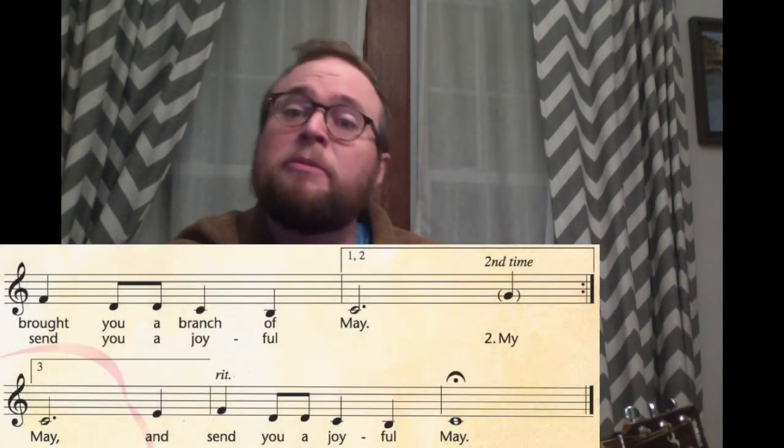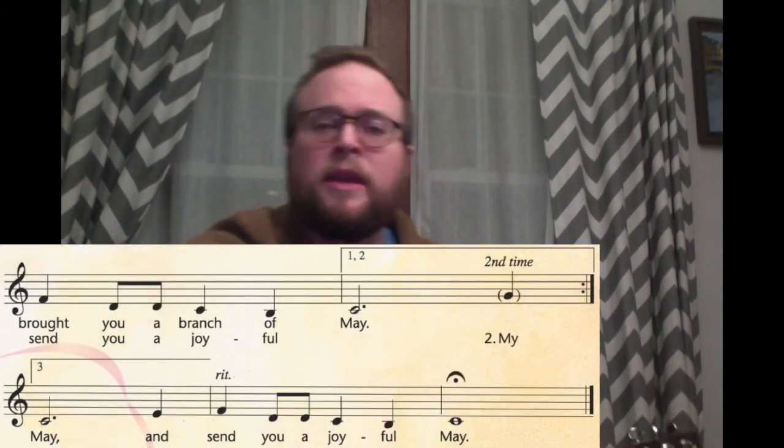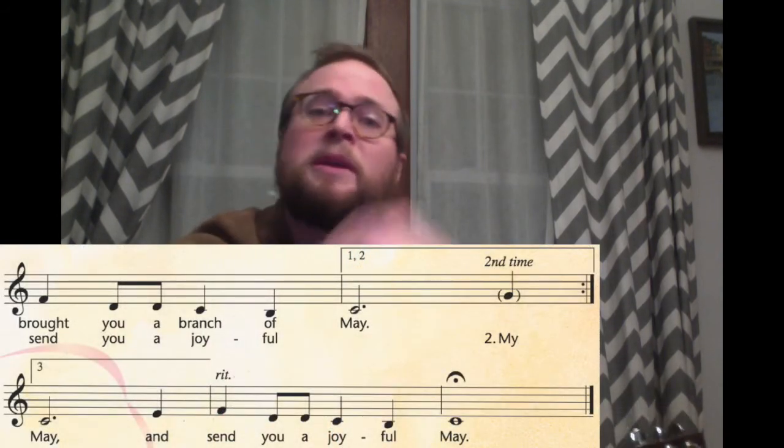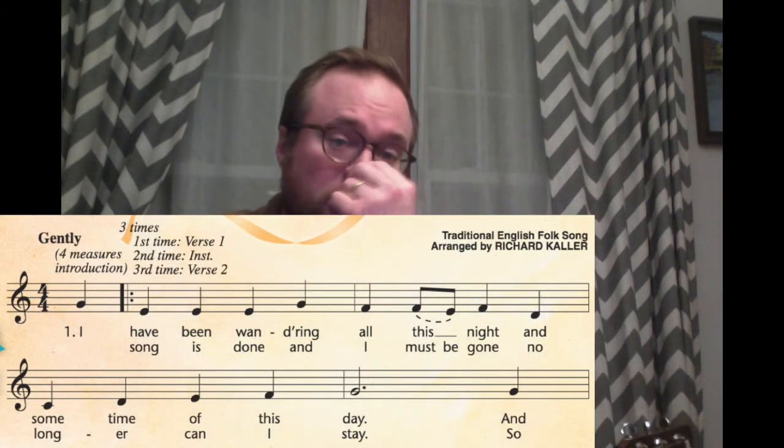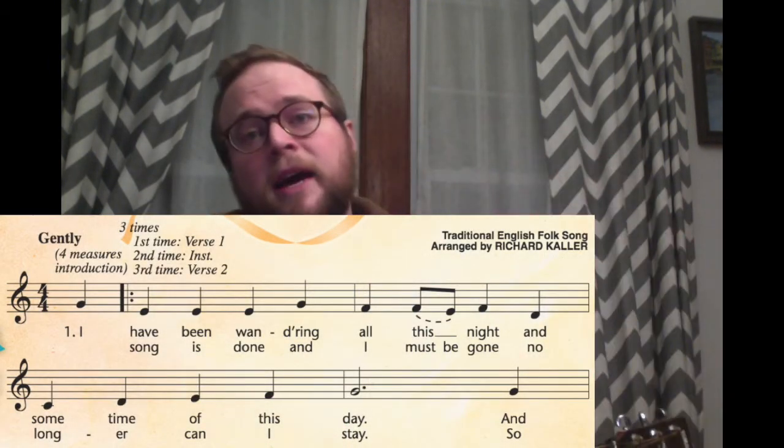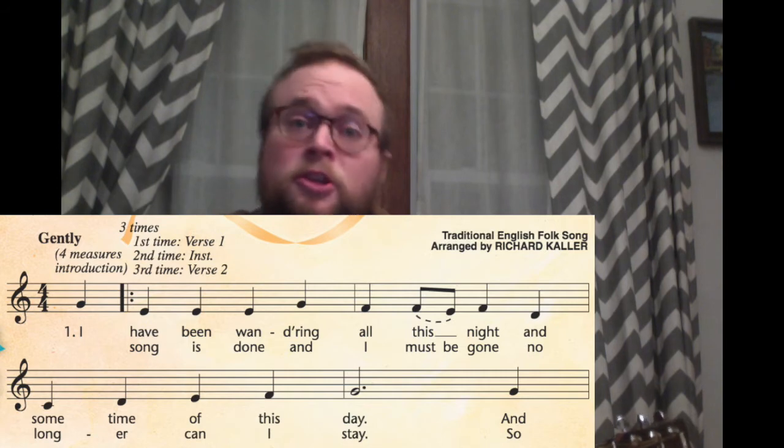And then the second verse is the same melody and the same harmony. Not so bad, right? All quarter notes with a couple of eighth notes there, passing tones, and then some dotted half notes for the long notes. The only tricky thing, I guess, would be the repeat signs. After the first verse, you repeat back. And actually, if you look at it and listen to the recording, the second time is an instrumental interlude.